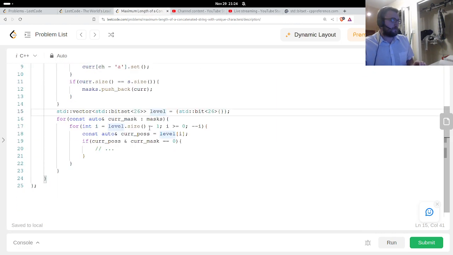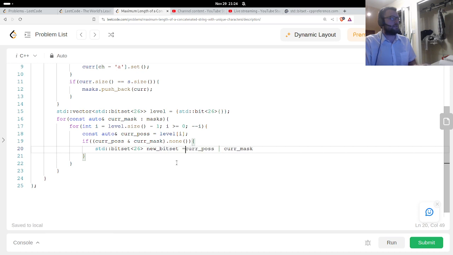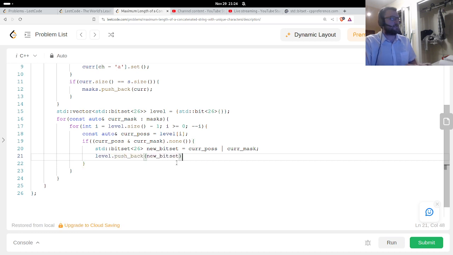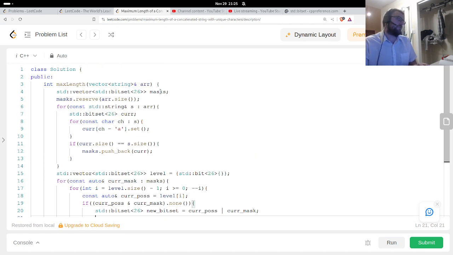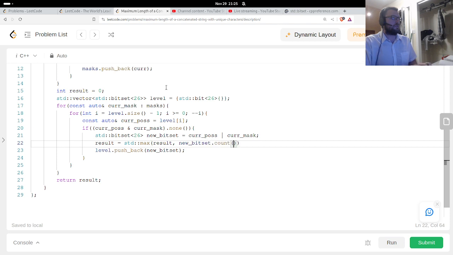So you're gonna AND them, and if it's dot none, then what you can do is add so new bit set, and then I can say level.pushback new bit set, and also I could take the result and just, I think it's count, right?